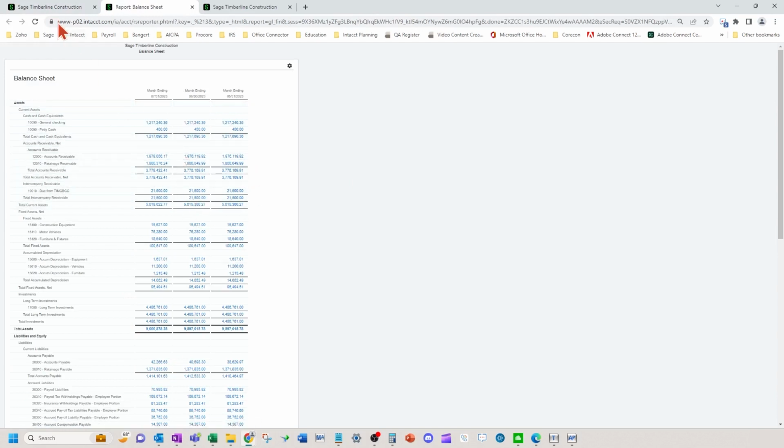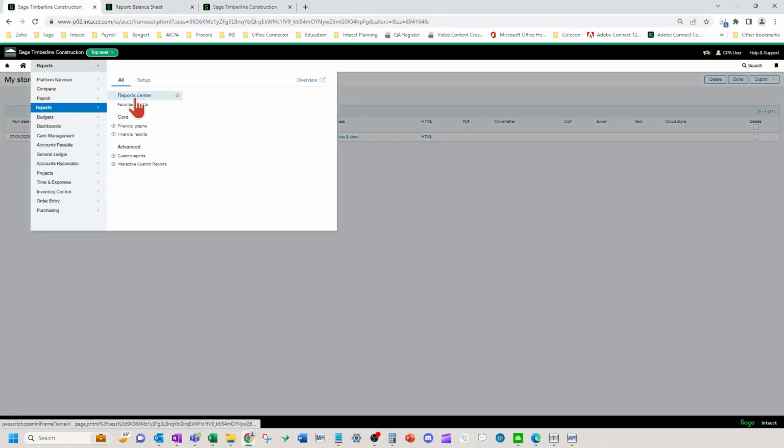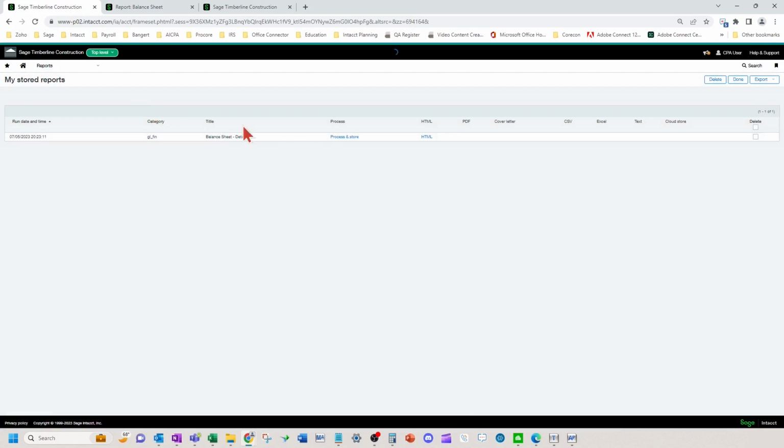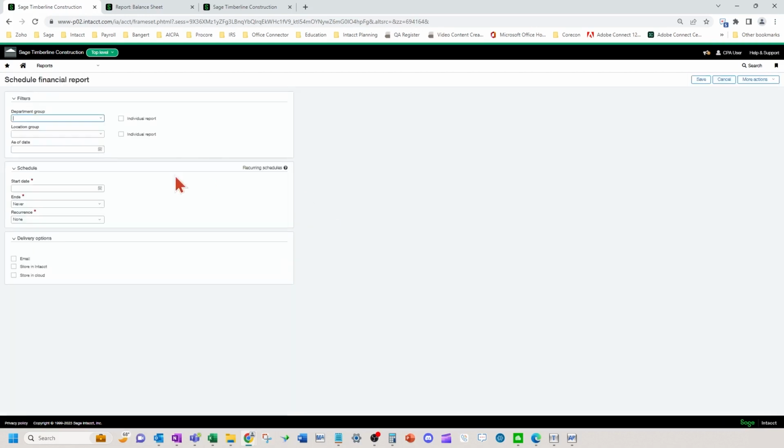Now note that when you set up your reports to be scheduled, you don't have to do HTML. You could do different things such as Excel, PDF. If I do store in Intacct here again, you can do HTML, CSV, Excel, and a printable version, so probably like a PDF.